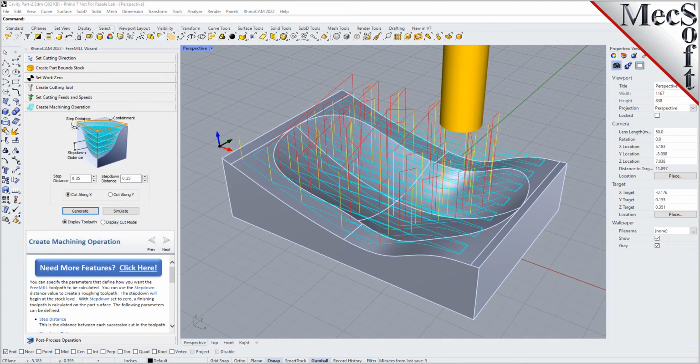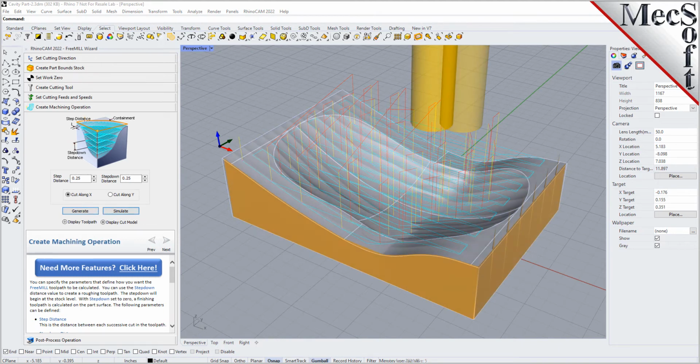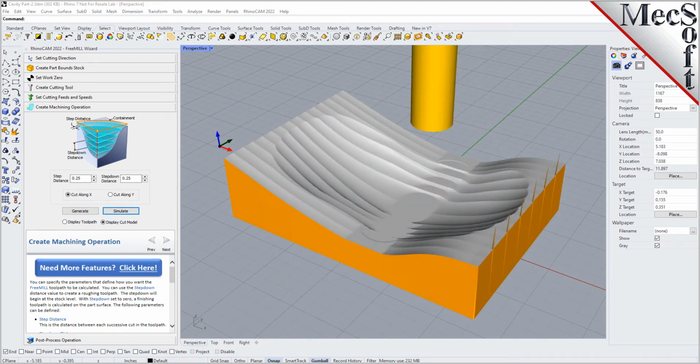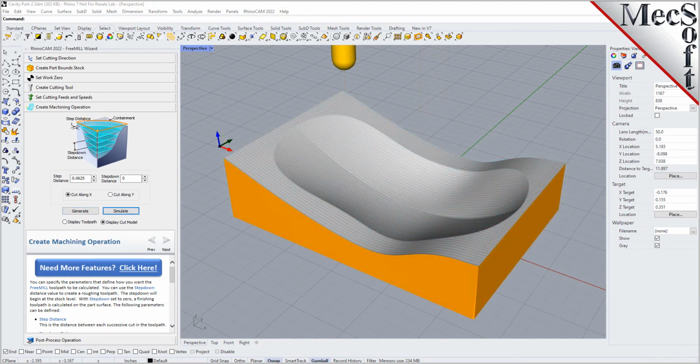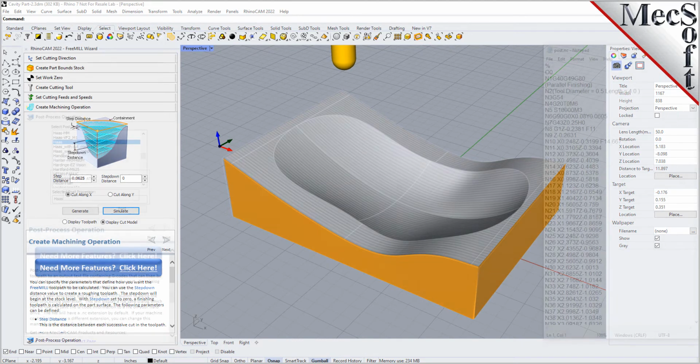FreeMILL is also supported by over 300 CNC post-processors that are included with the system. If you are unfamiliar with FreeMILL, you may want to watch the FreeMILL demonstration video to understand its ease of use and machining application. There are three important facts that you need to understand before we go through the FreeMILL